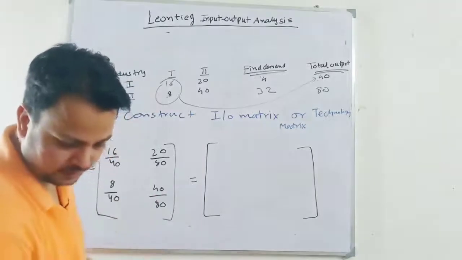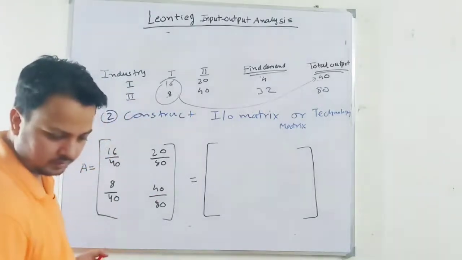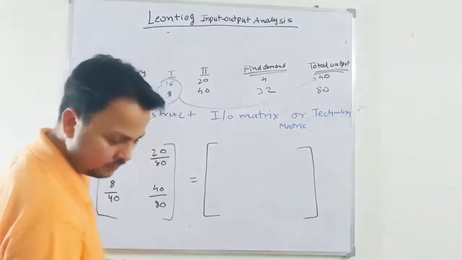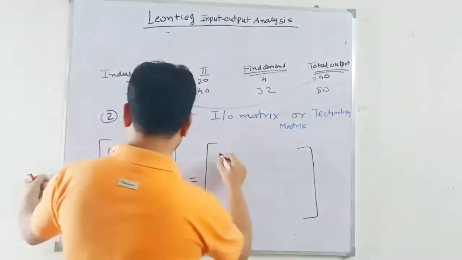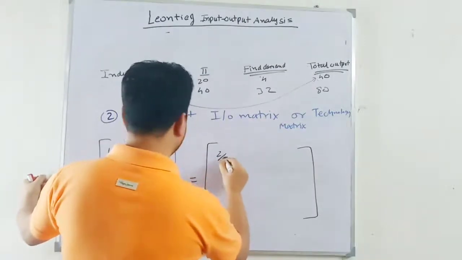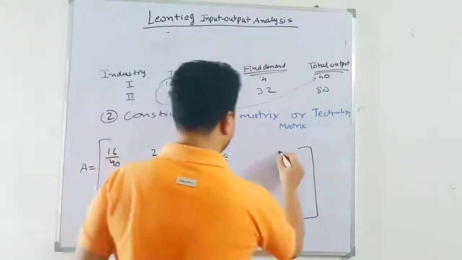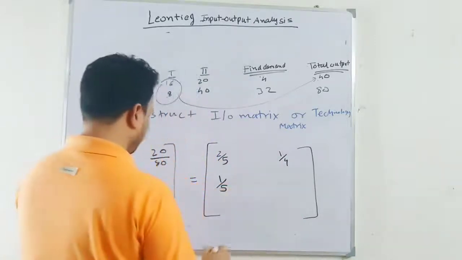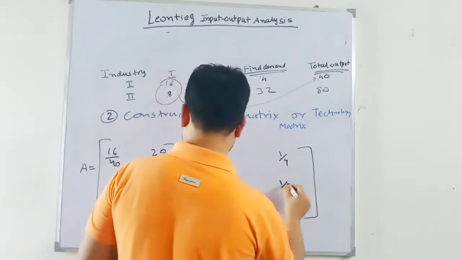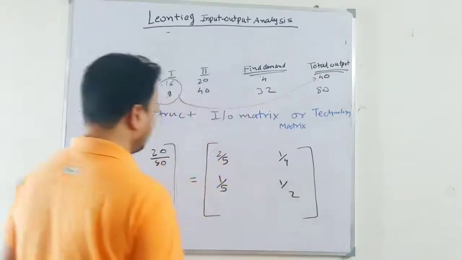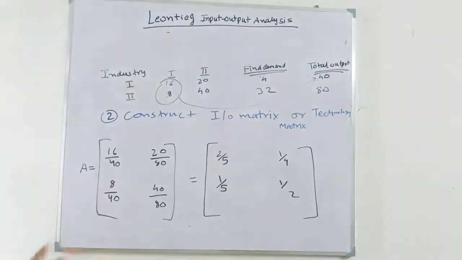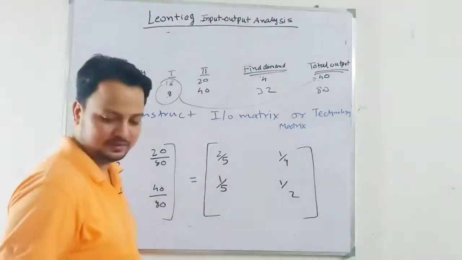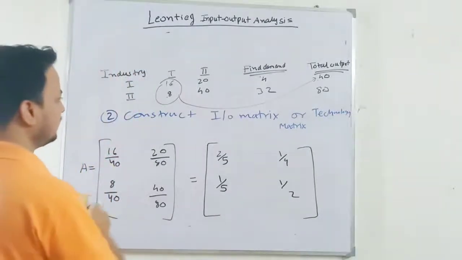So I will get, I will not write it here. Okay, I will not write it. Then let me do it here. So this is 2 by 5. This is 1 by 4. This is 1 by 5. This is 1 by 4. 1 by 2. Okay. This is the problem I have. I have never made complete notes. Okay. So you get from this. Okay.